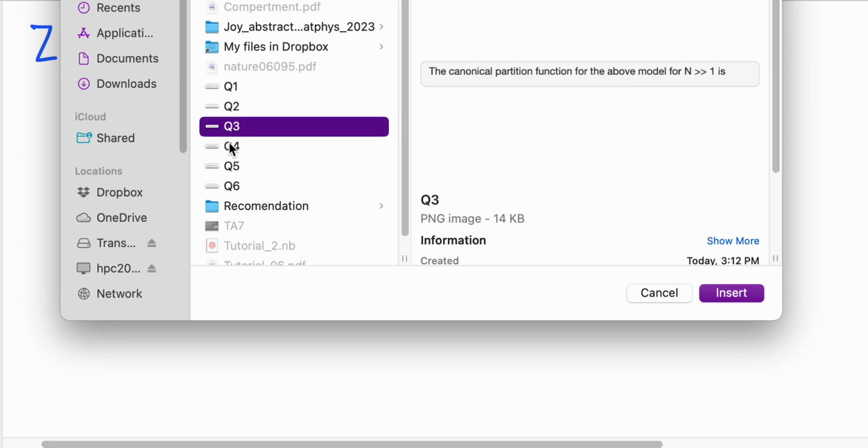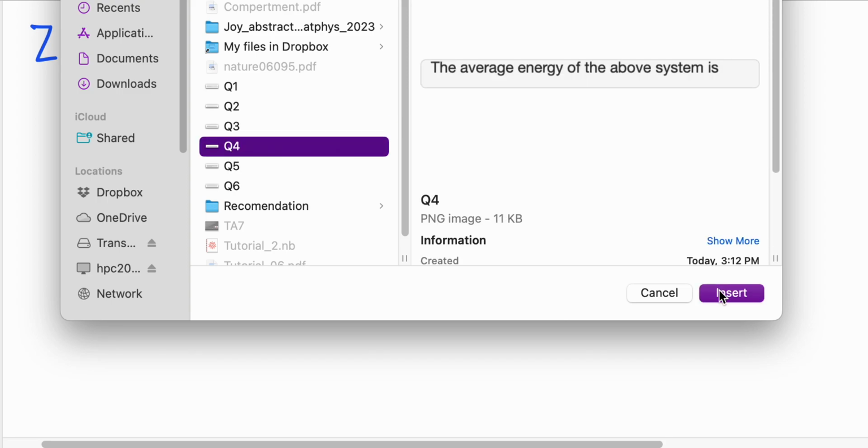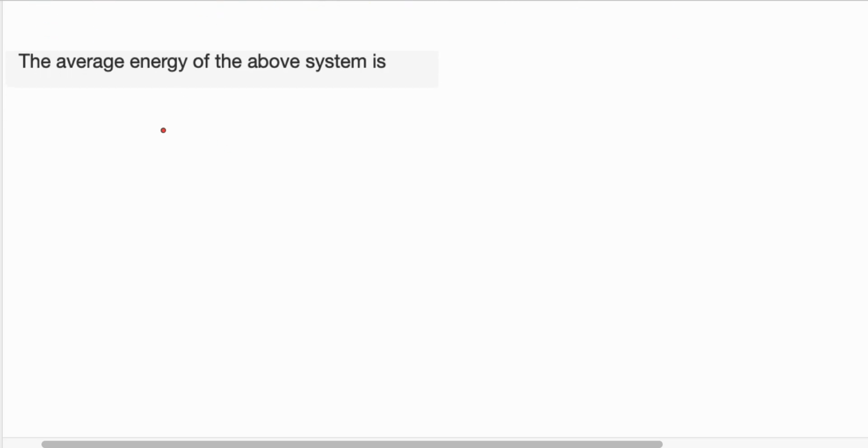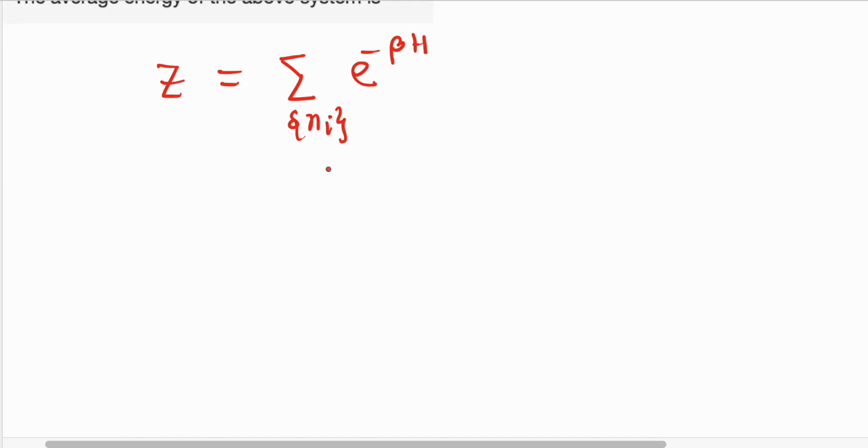Question number 3, question number 4, the average energy. Now there is a formula, or let me write it. Since z, the partition function, is nothing but the summation of e to the power minus beta h for all possible combinations of the particles sitting at the ith state,